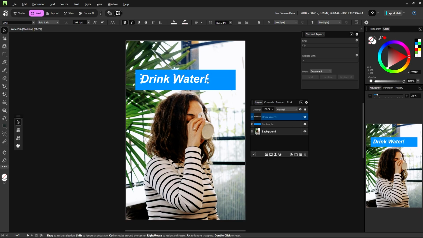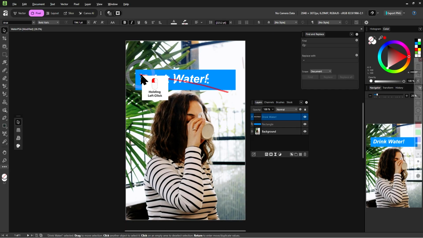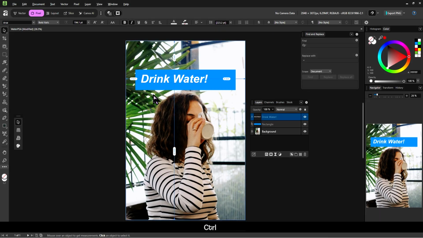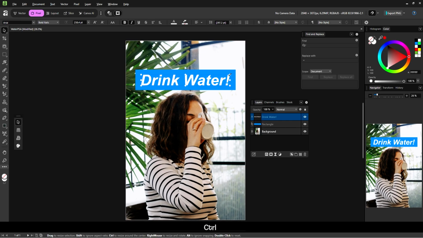And we kind of have a problem. The scaling is kind of going all the way to the top left. But I want it to scale down to the center, not towards the top left corner. And to do that, first I'll undo that. We can hold Ctrl while dragging out one of these circles. And as you can see, it scales down towards the center instead of one of the corners. So, scaling down towards the center.